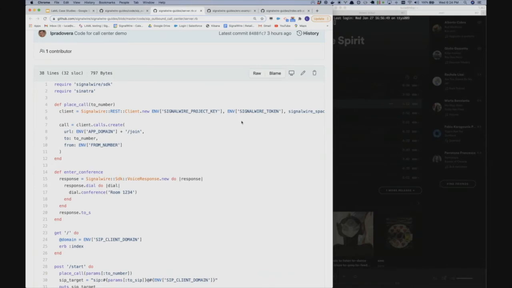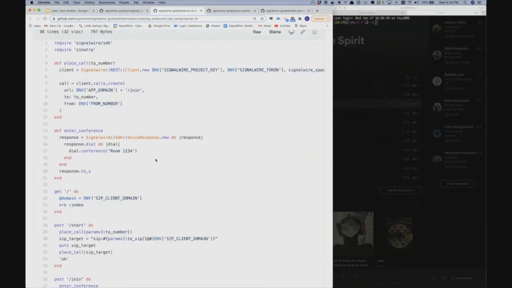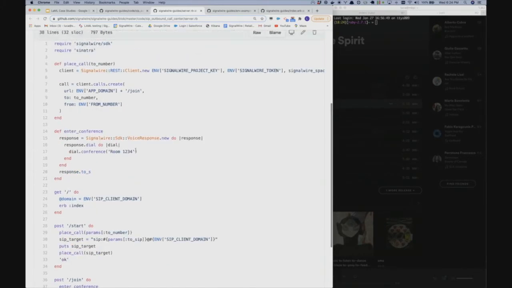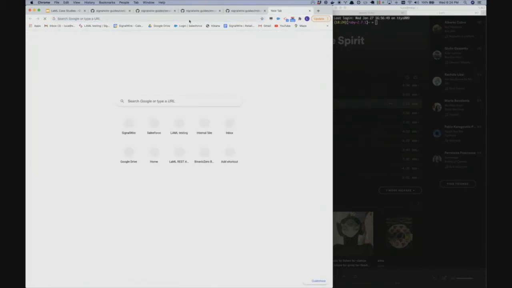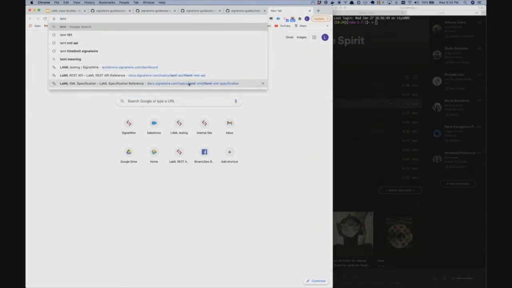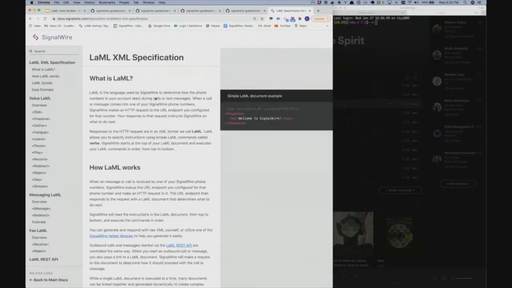The idea here is that when that join URL is reached by SignalWire, we'll generate what's called the enter conference endpoint, which in turn will just generate a dial to a conference. Dialing to a conference is very simple: all we do is dial a room, a name for that room. As you can see, we just named that room 1234. It doesn't really matter here. Of course, in an actual production setting, you probably want to give it a name that actually looks